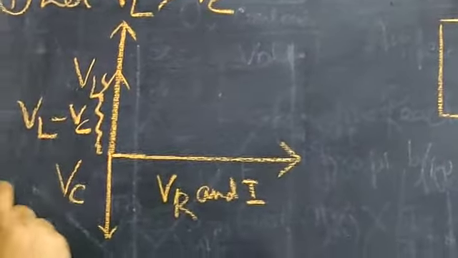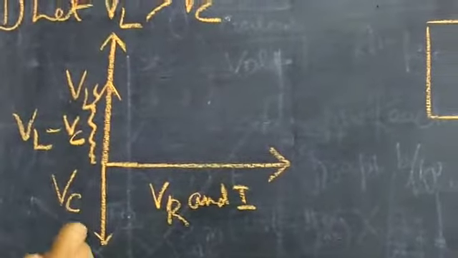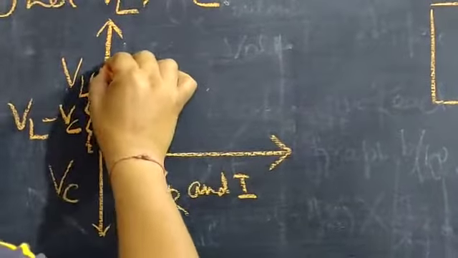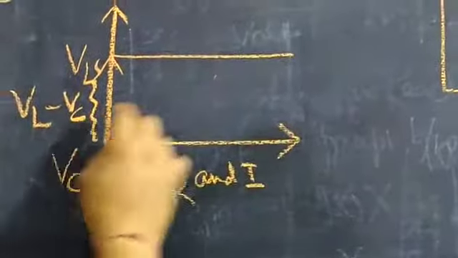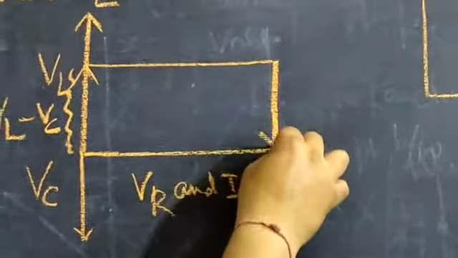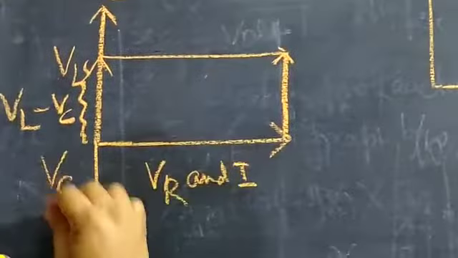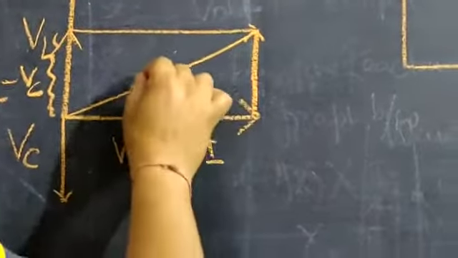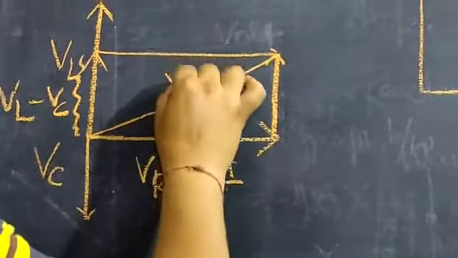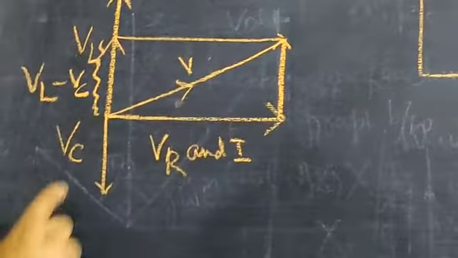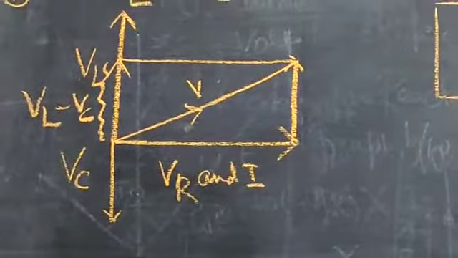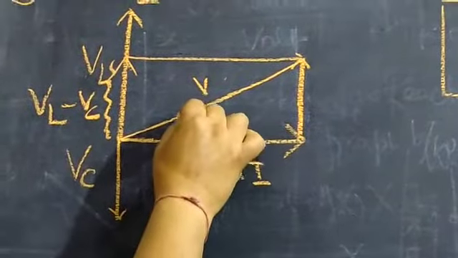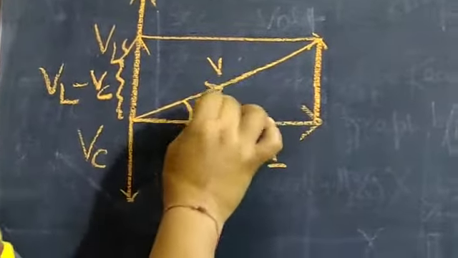Now we have to find the resultant of VL, VC and VR. So we will make use of the parallelogram law of vector addition. We draw a vector parallel to VR, and a vector parallel to VL minus VC. The resultant position of voltage will be given by the diagonal. As the voltage across inductor is dominant, the resultant voltage will be ahead of the current. Let voltage be ahead of the current by angle φ.